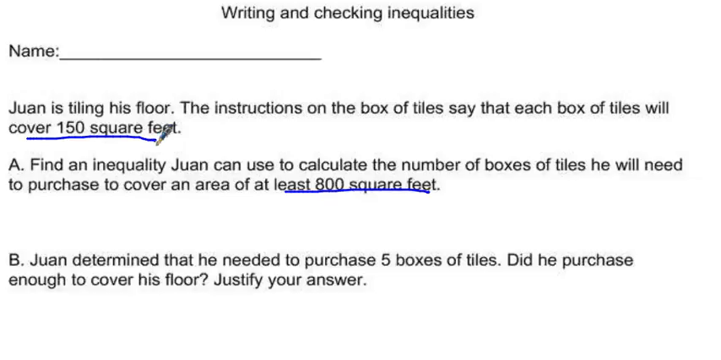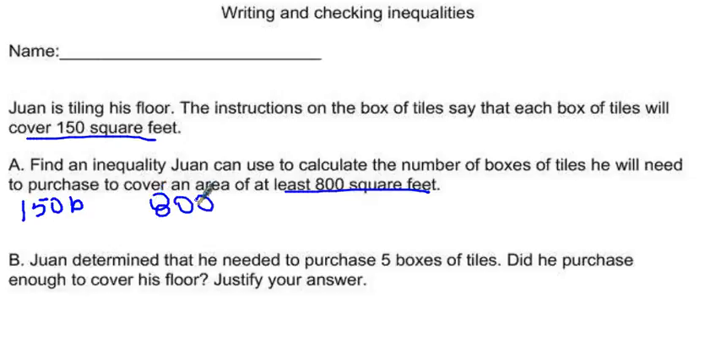So we ask ourselves the question, well, if he bought 2 boxes, for example, how much would he be able to cover? Well, that would just be 150 times the number of boxes. So if it was 150 times 2, then it would be 300. 150 times 3, and so on. He needs to cover at least 800 square feet. So over here, we will write 800,